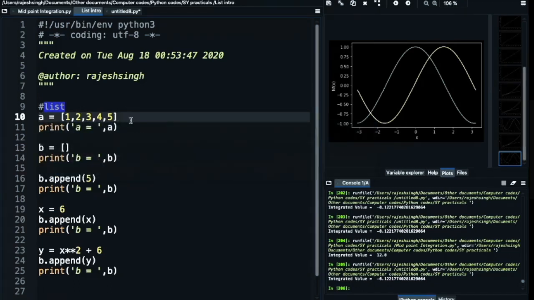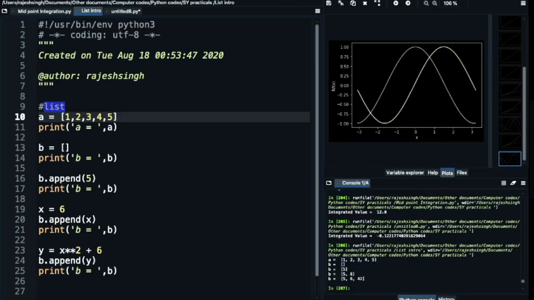If I write print, a is equal to, and put this variable a here, then it will print this list as it is. I will run the program, and you can see that the first line has printed the output. This type of variable can be used to store various values. In Python, they are called lists.